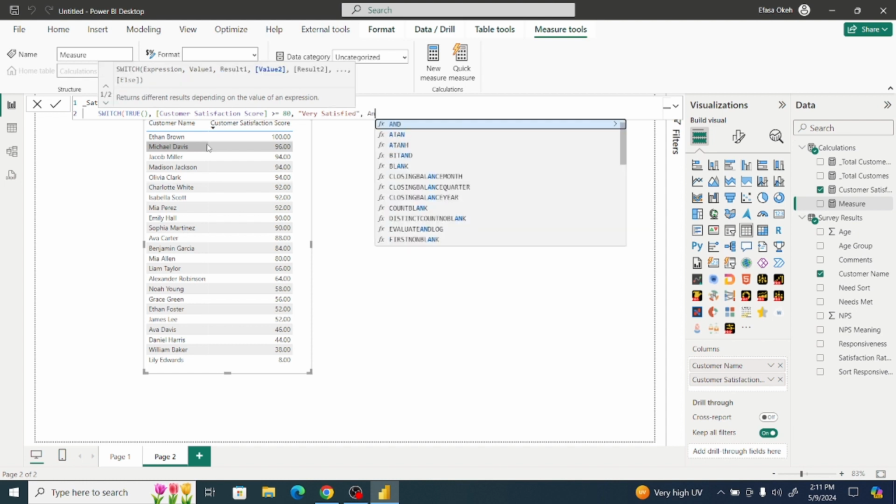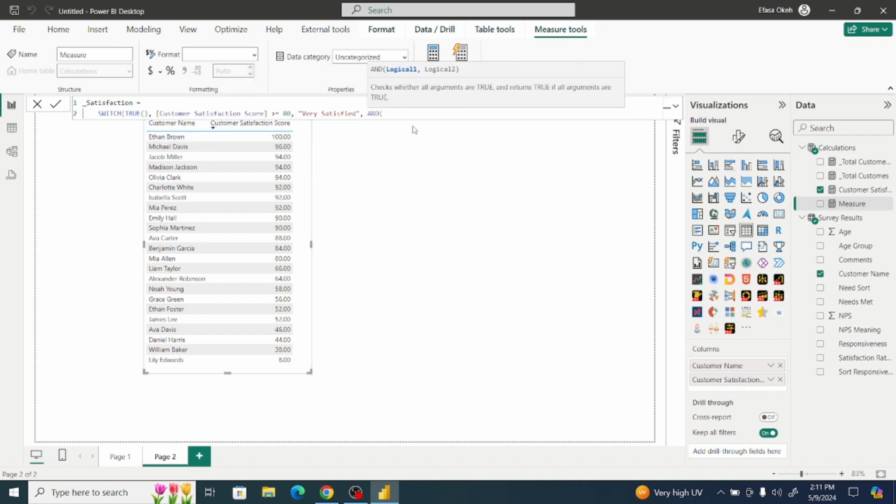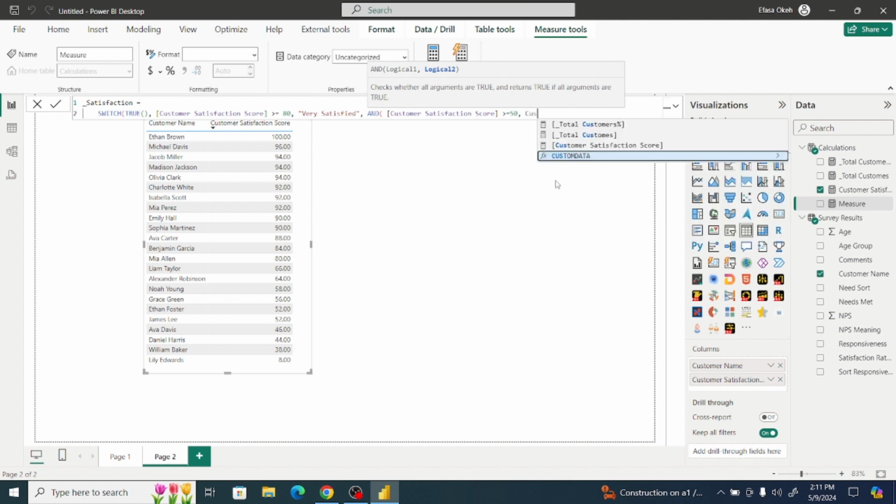Now I want a situation where, if that's the customer satisfaction score in this case, if the customer satisfaction score is greater than or equal to, let's say, 50 now. Should I say 50? If it's greater than or equal to 50, and at the same time the customer satisfaction score is less than 80 now. Yeah, so if it's greater than or equal to 50 and is less than 80,